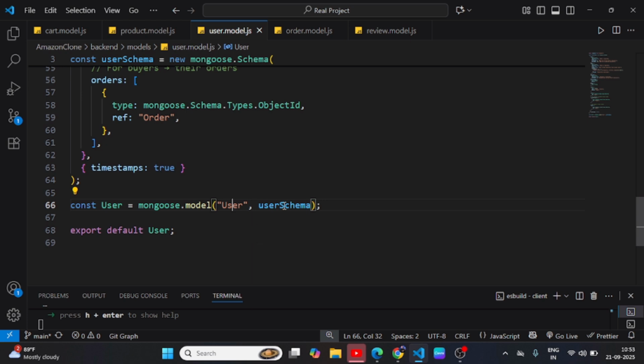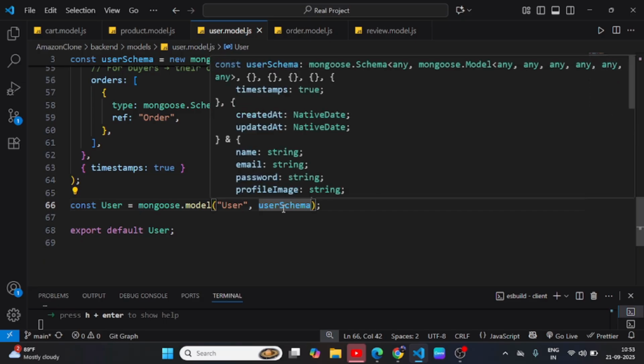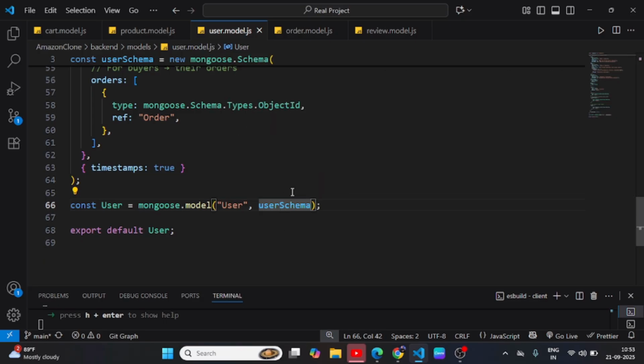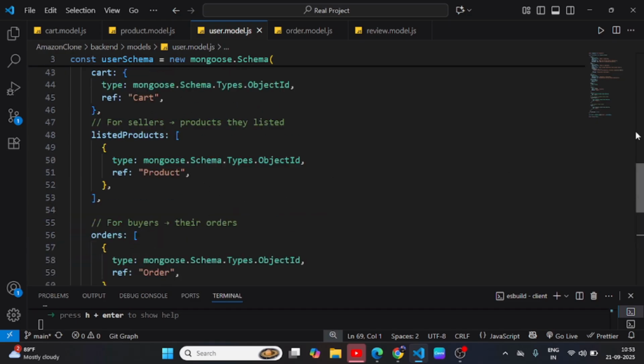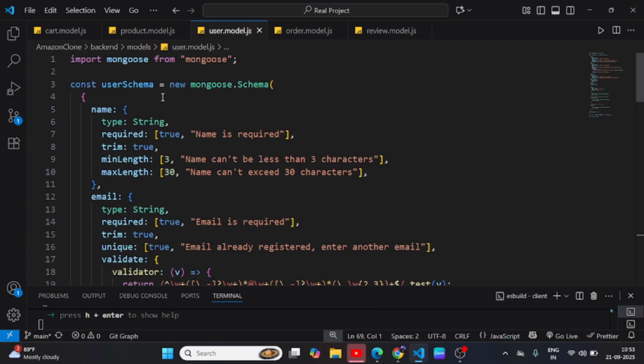Okay, and then user schema, what you put above. Okay, this is the user schema. And then you can import as a default import, so you can use it in other file. All right, so this way you can create your schema. And now let's talk about